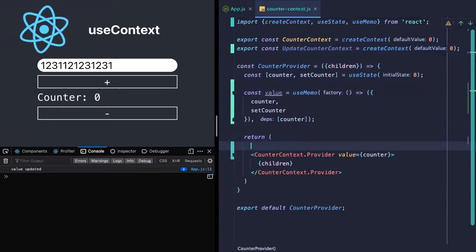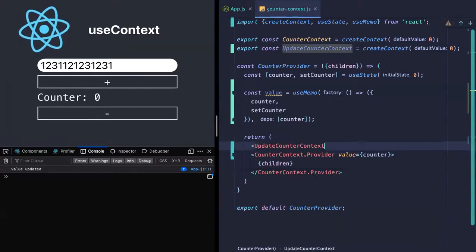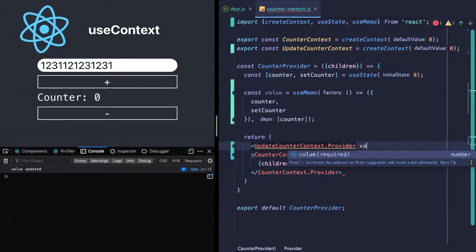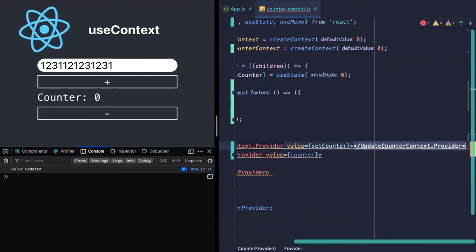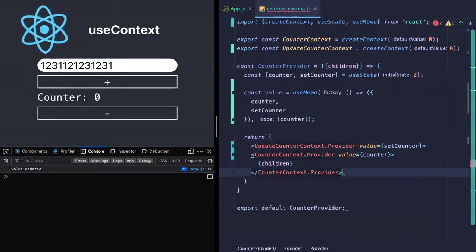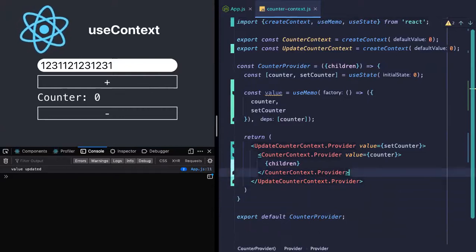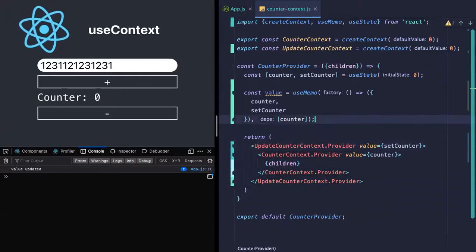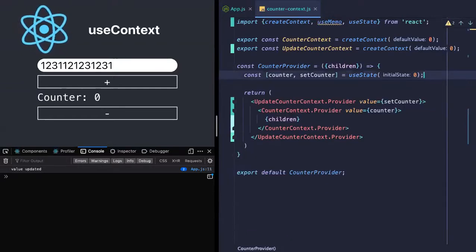All right. And here, I'll again create a provider, but this particular provider would only be giving me one value, which is my setCounter. All right. And yeah, so now we do not need this value to be there.